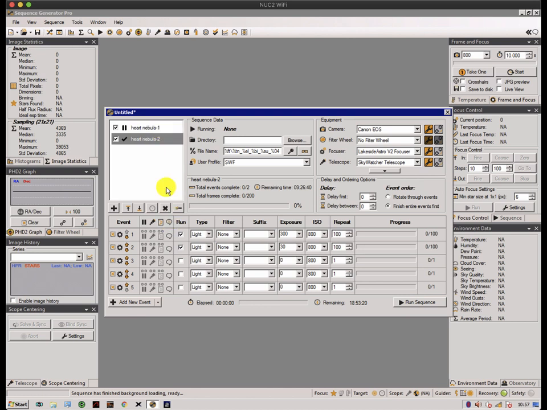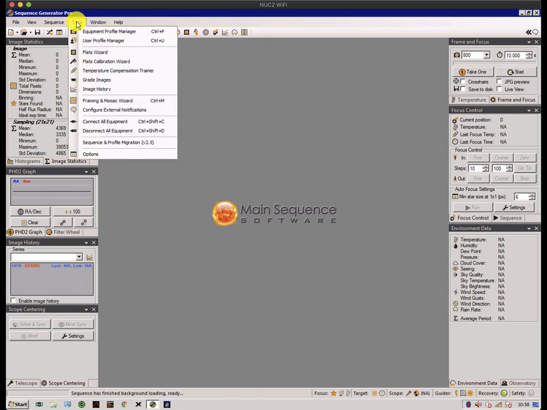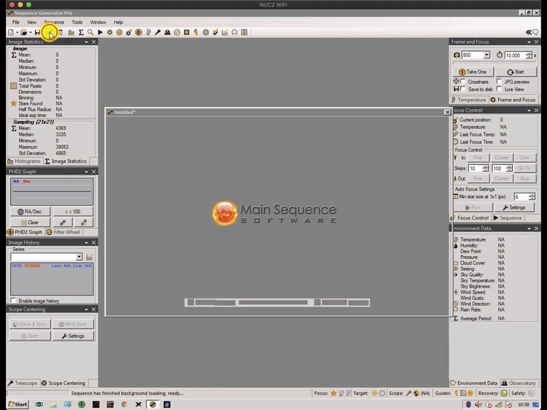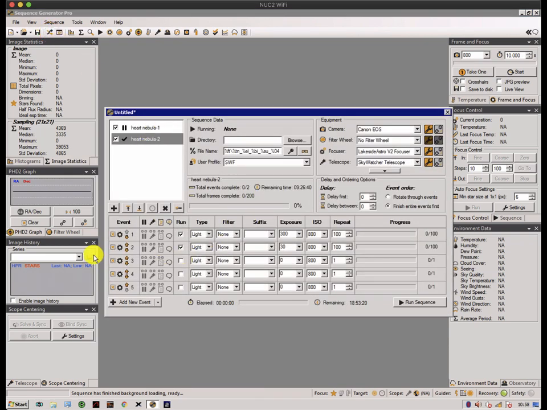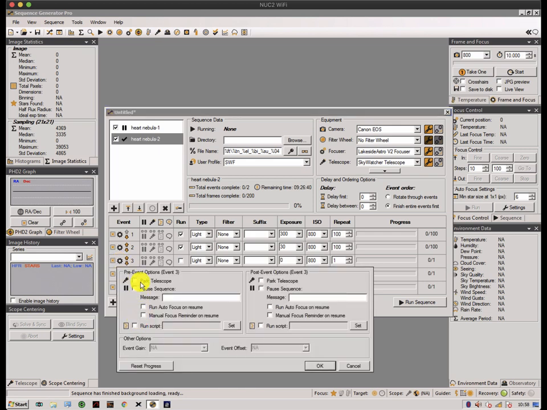The other thing which I was going to explain about was doing calibration frames. Now, I don't particularly use it, but there are options in here to do flats immediately after taking image frames, and they can be automatically calibrated if you have a system that can alter light levels and so forth. On a more simple level, if you bring up your sequence, at the end of this you could, for instance, put in a pause. So bring up the event settings and do pause sequence before,